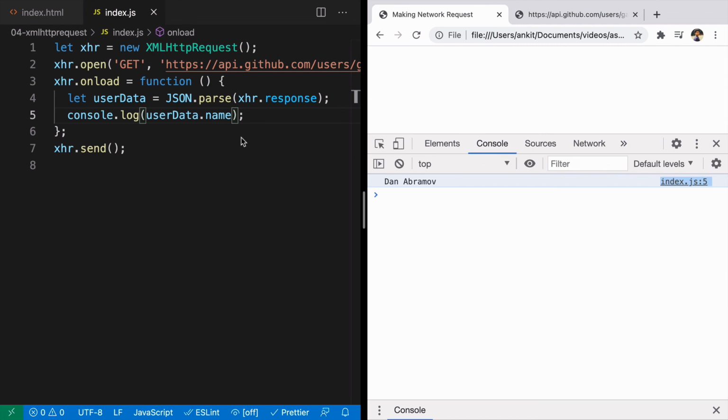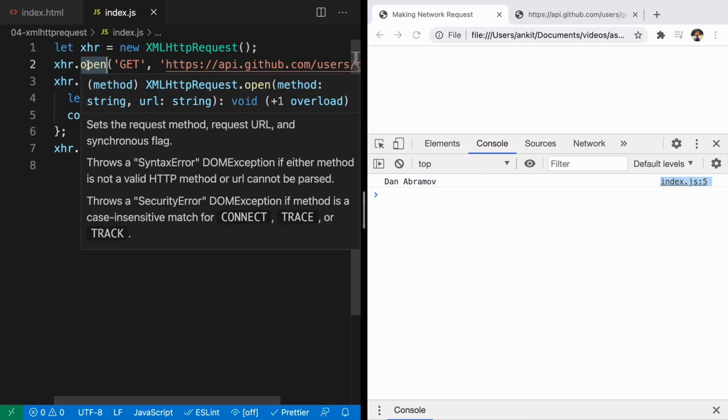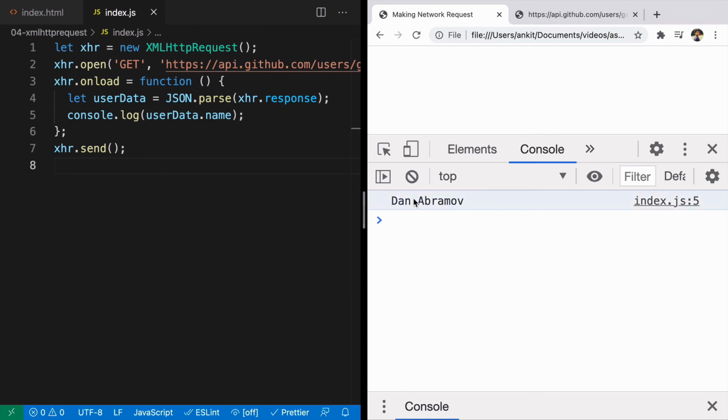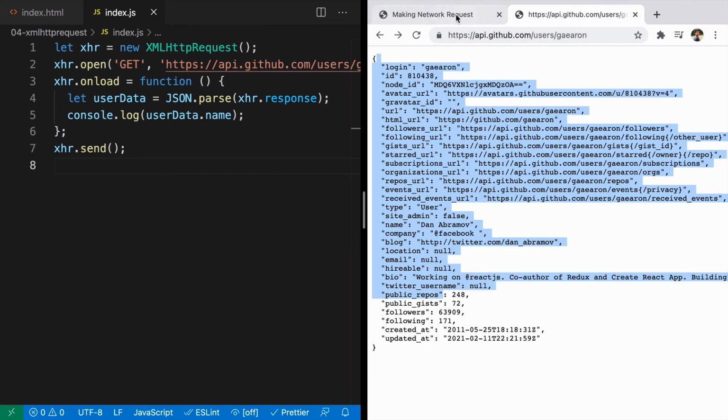We'll get to understand a lot more in detail about these things in our next video. But here, what we tried to do is use a web browser API that is present inside the browser. Because JavaScript runs inside the browser, using this API we can interact with it in a JavaScript application. So you make requests like this. First you create an instance, and then using the open method, you tell it what kind of request you want and where you want that request to go. Then you add some callbacks to specific handlers like onload, onerror or something. And at last you send the request. And here we get access to the information coming from this URL and we can use it here.